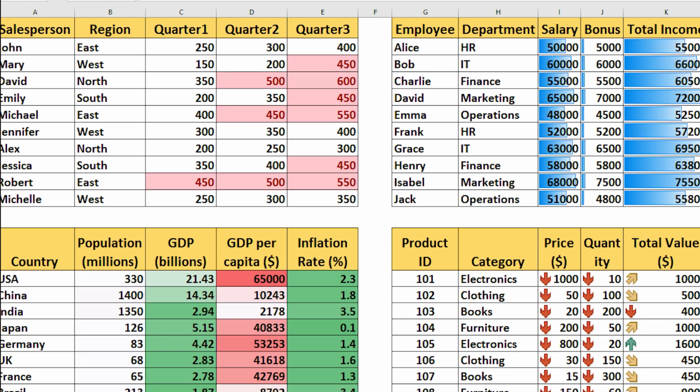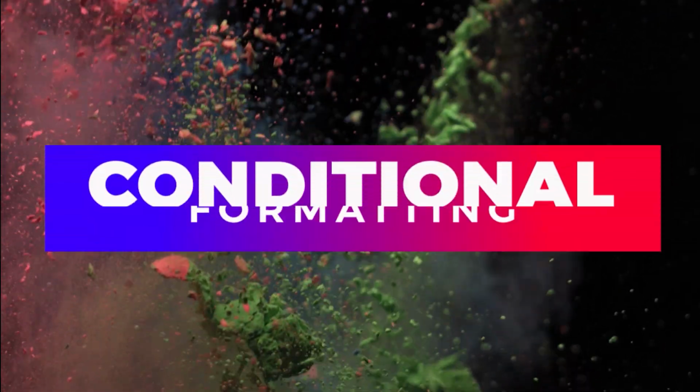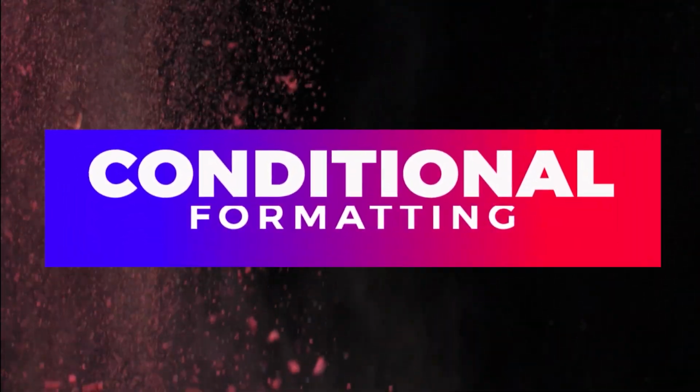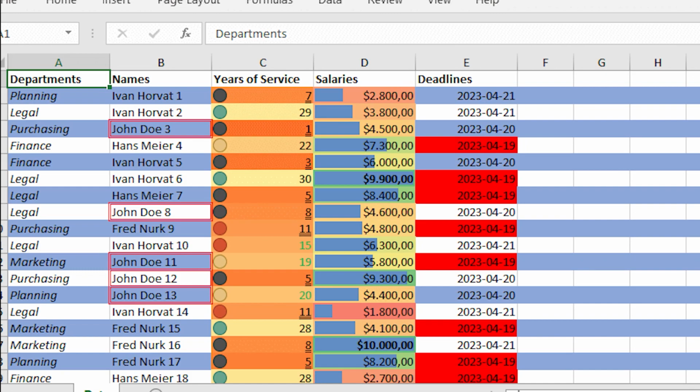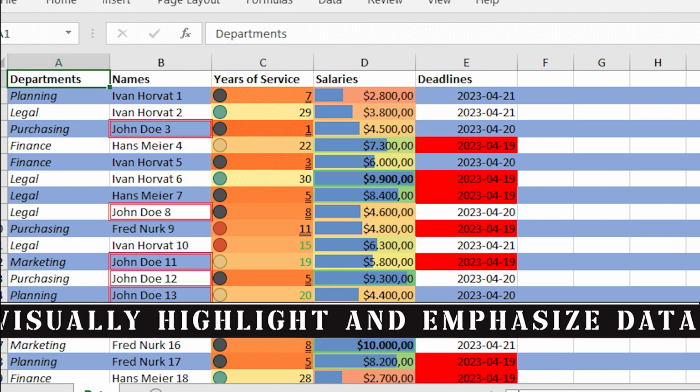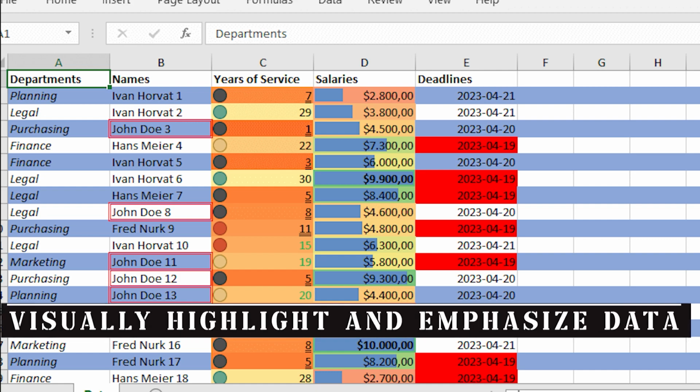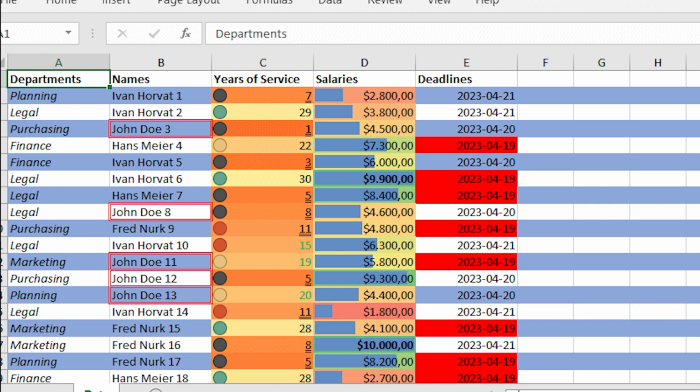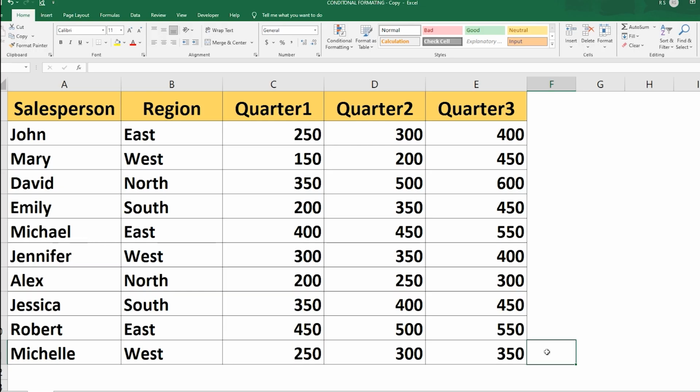Today we will dive into the powerful world of conditional formatting in Microsoft Excel. Conditional formatting allows us to visually highlight and emphasize data based on specific conditions or rules. Let's explore its functionalities. Let's say we have a dataset of sales figures and we want to highlight cells that